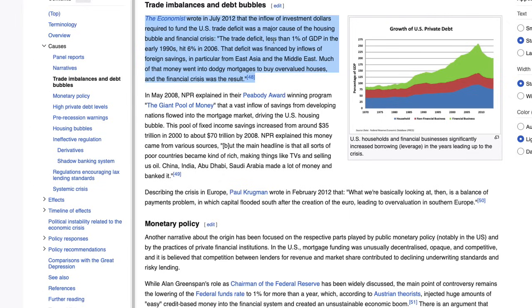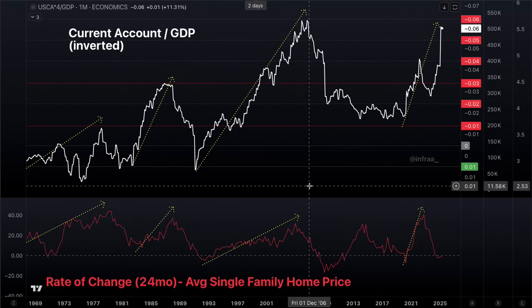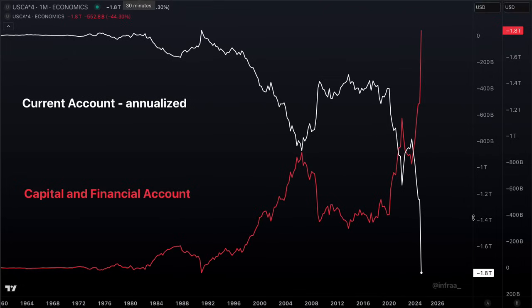The trade deficit, less than 1% of GDP in the early 90s, hit 6% of GDP in 2006. That trade deficit was financed by inflows of foreign savings. And so, again, even The Economist notes this. Now, we're talking about a $1.8 trillion inflow per year